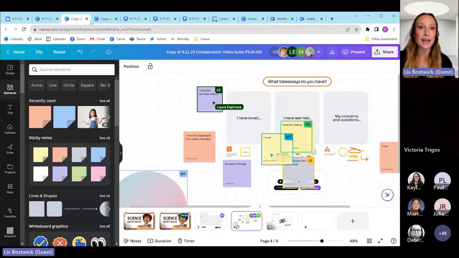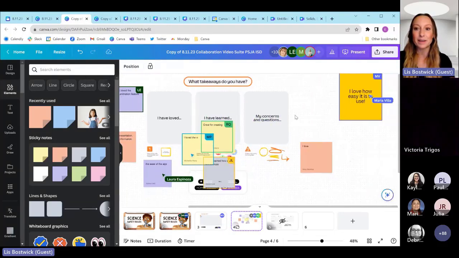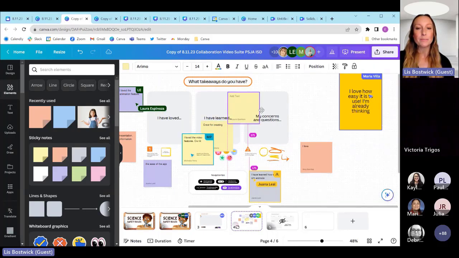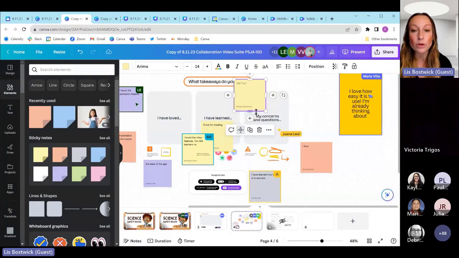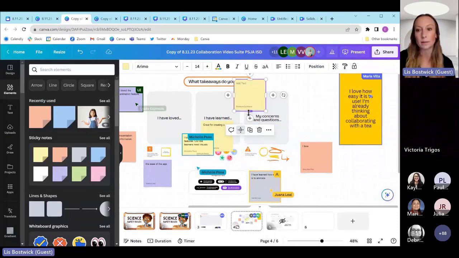And I really appreciate everybody grabbing that sticky note and adding one comment in. It's fantastic. I love seeing the comments coming in. When you grab the sticky notes, if they're landing on top of others, just know that they might land one on top of another, and then you can always take one to the side and then bring it back to the column you want.